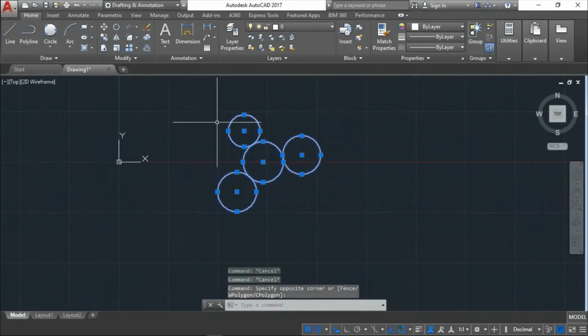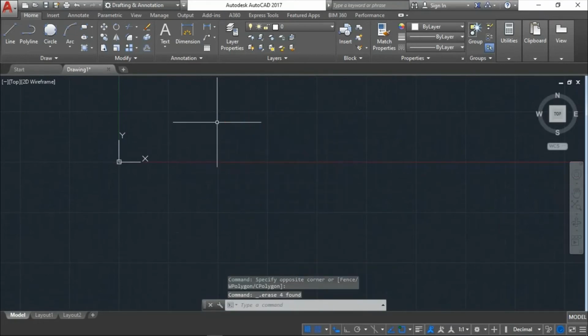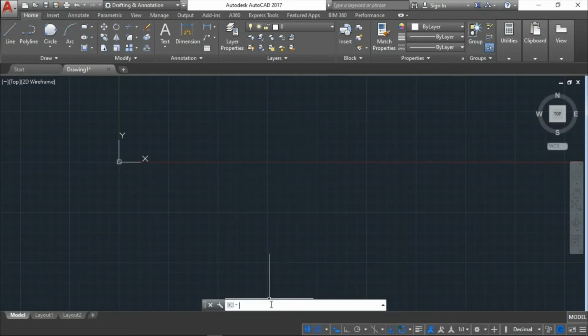So the most important thing you need to learn is how to use the command bar in AutoCAD. For the line command we have used the shortcut L and then you need to press enter. For polyline you need to give PL and then enter. For circle you need to give C and then enter. After giving those commands, you have more commands inside that.